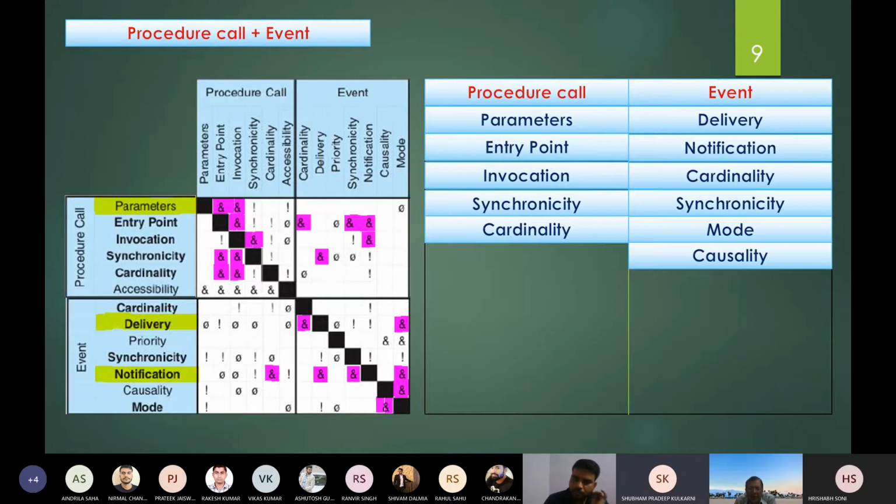Why? Sir, because causality is not an important parameter for entry point. Why? Sir, in the event row that we have, in that the procedure call, in that delivery dimension is given as, what we call cautious, dimension for the procedure call.